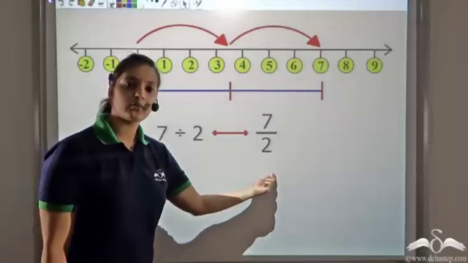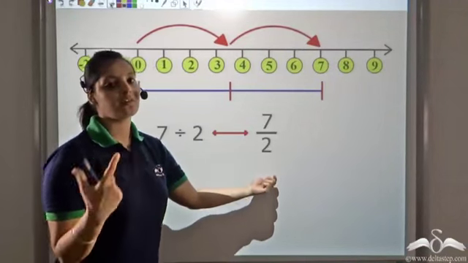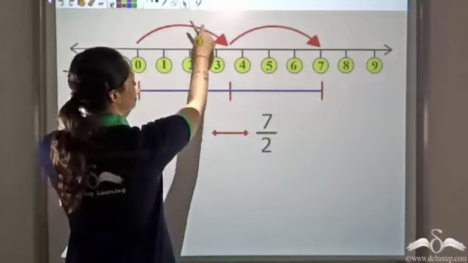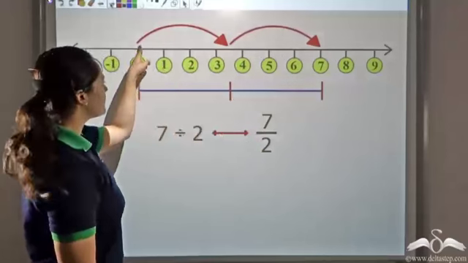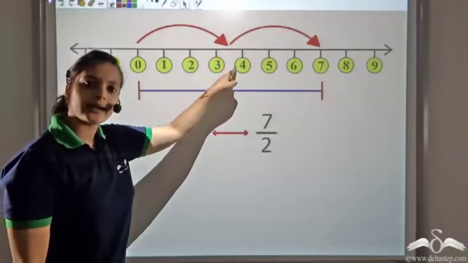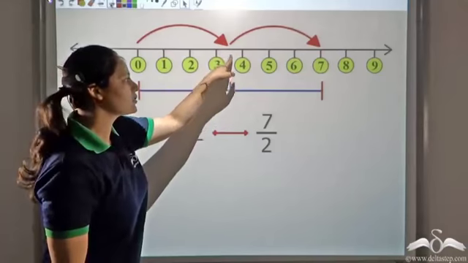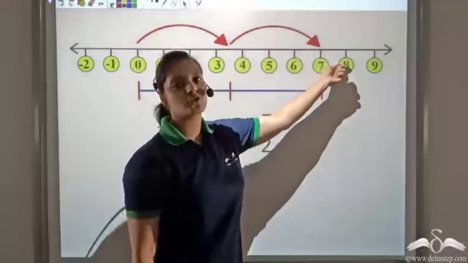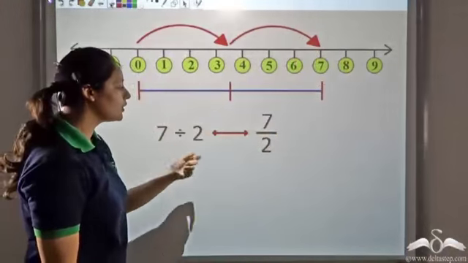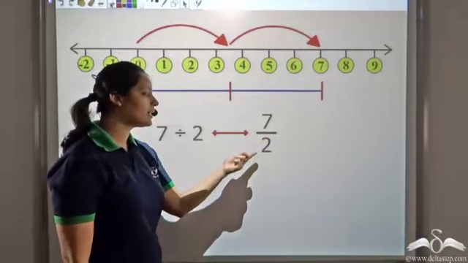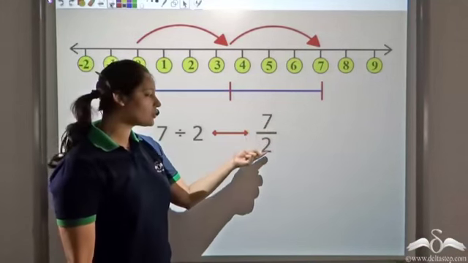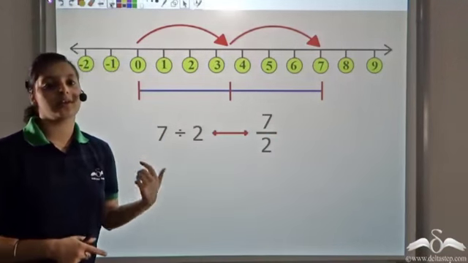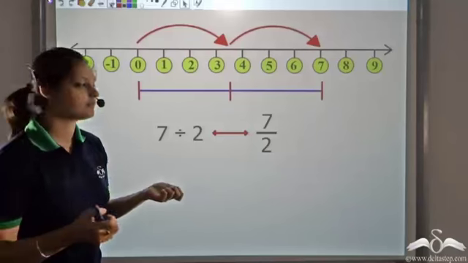Now what does 7 by 2 mean? That is the length of each equal part. So this is 7 by 2, this is also 7 by 2. Now what is this length actually representing? It's a number which is greater than 3 and less than 4. But there is no such number that exists between 3 and 4 on a number line showing integers. So I can say that 2 is not perfectly dividing 7, or 2 is not evenly dividing 7, because the result cannot be shown on a number line representing integers.